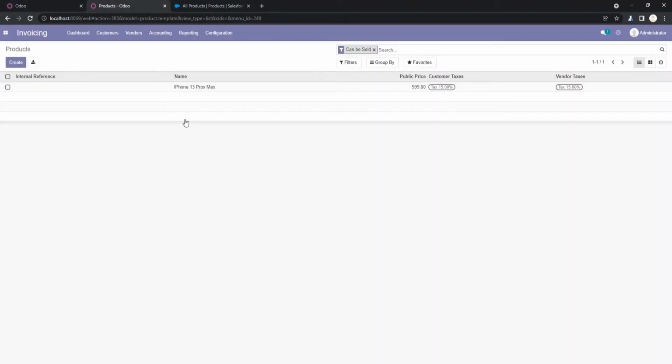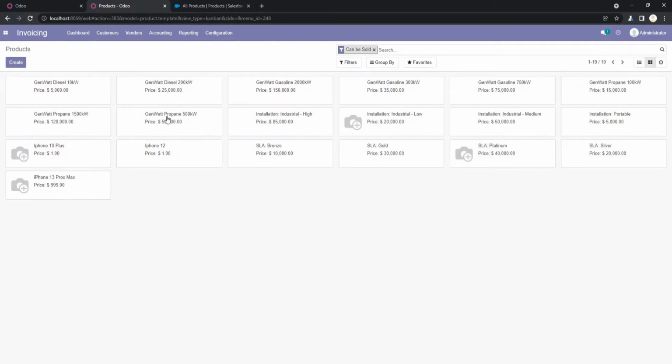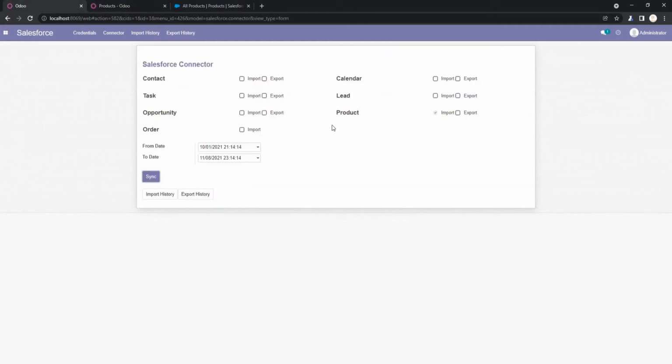So we can check out from here. So I just change the view. So as you can see, all the products are successfully created in Odoo. Okay, so as you can see, all the product related operations, import and export, work perfectly.